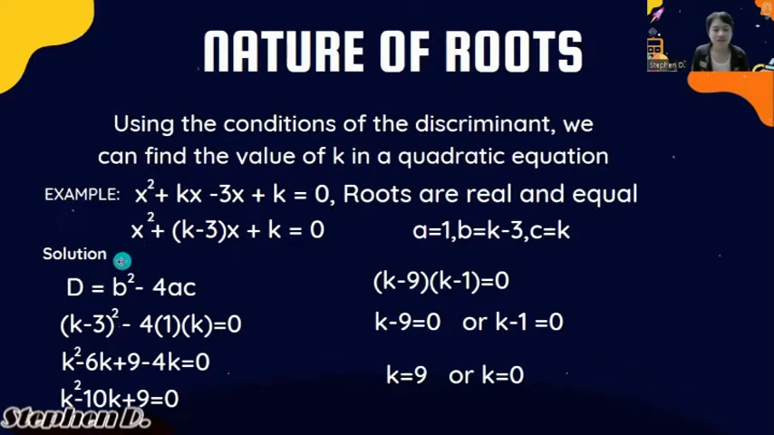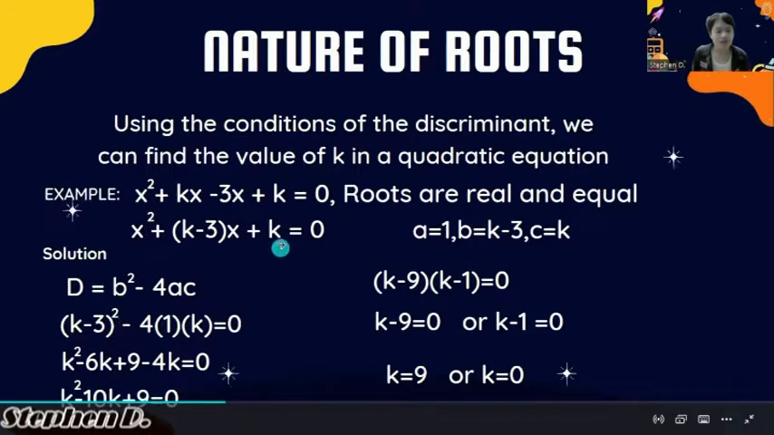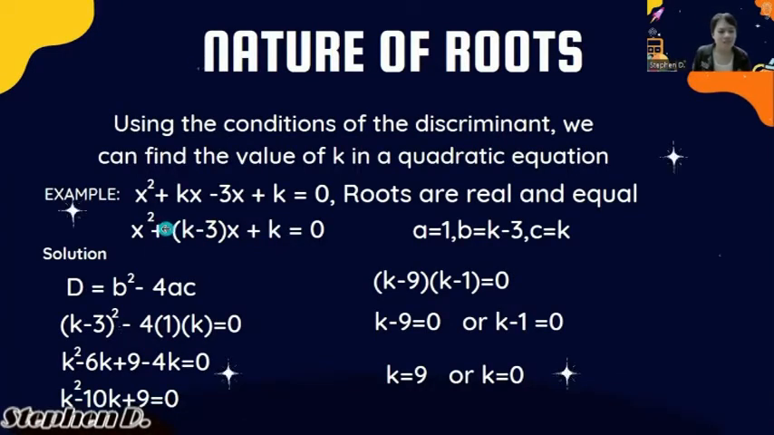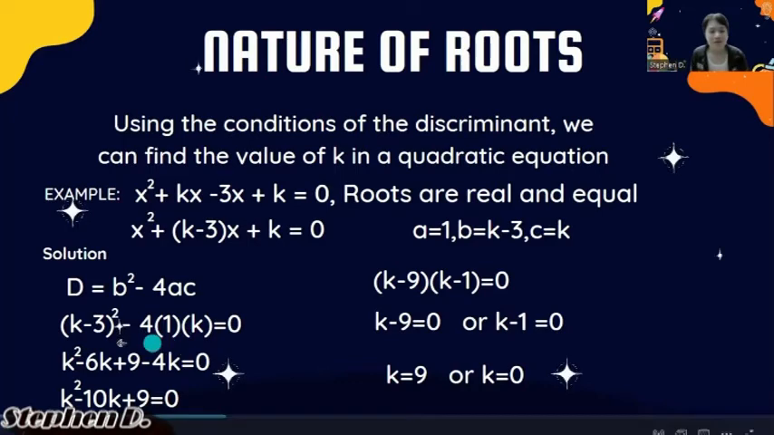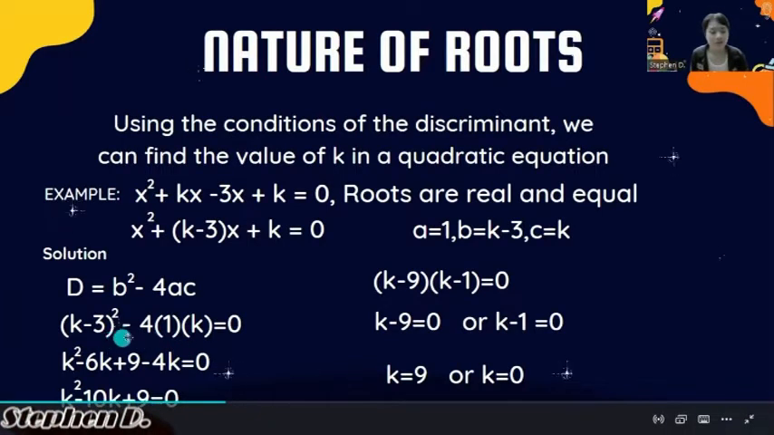So again, we use our discriminant formula, b squared minus 4ac. We substitute our values from there. So (k minus 3) squared minus 4 times 1 times k is equal to 0. If we solve that, we will get k squared minus 6k plus 9 minus 4k. We distributed the 4 with the 1 and the k, so we got negative 4k,